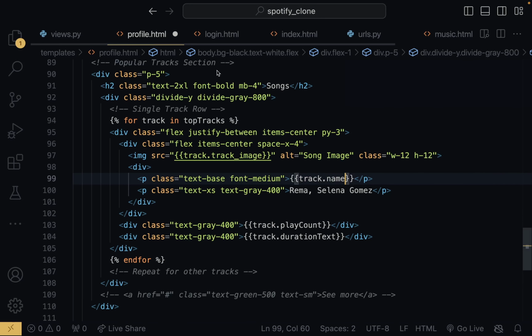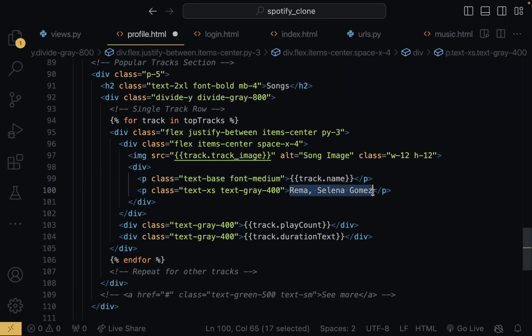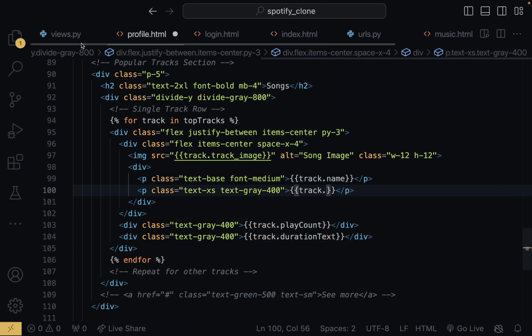Name, duration text, play count. And then for the artist,